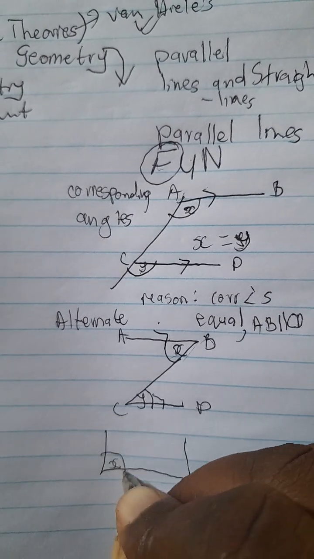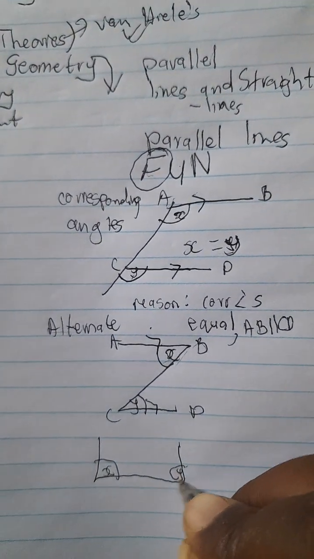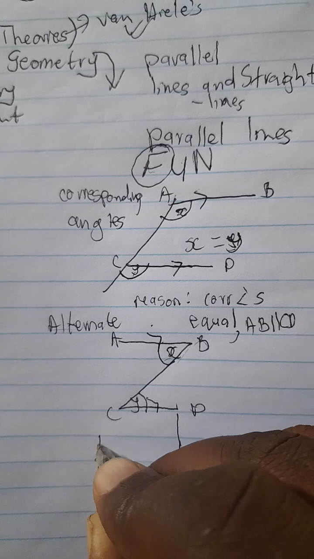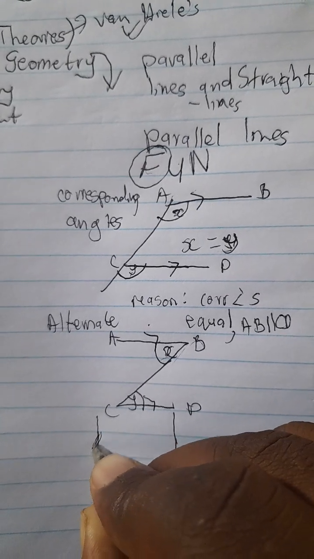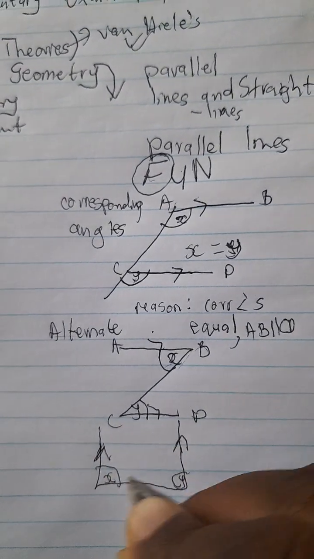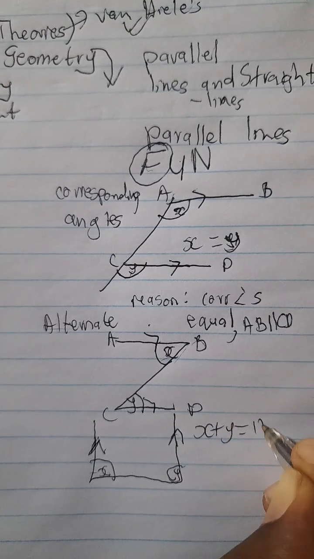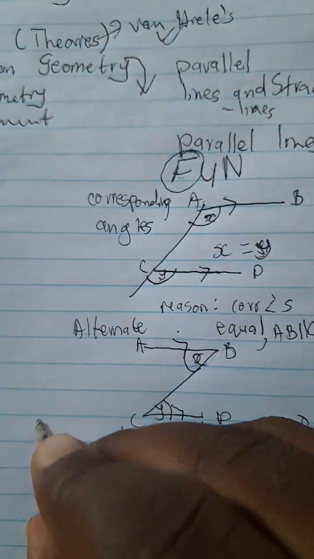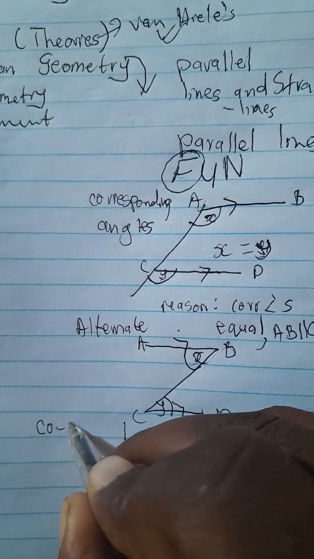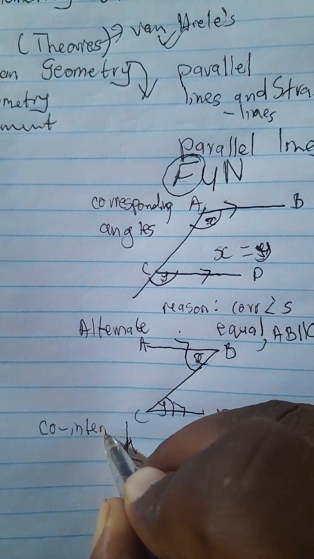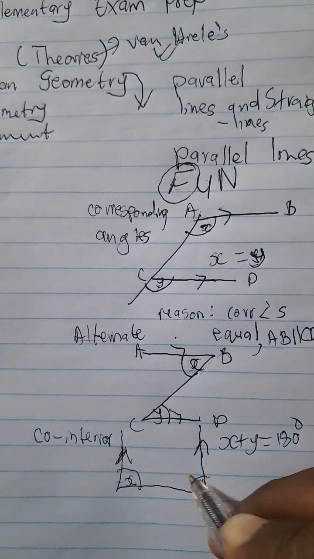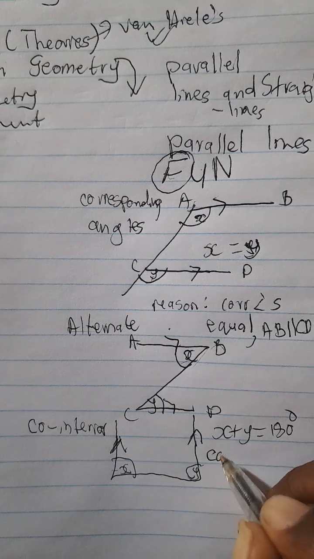Probably you see X here, Y. Then probably we have parallel lines. Then X plus Y will be equal to 180. So we call that co-interior angles, right? These are co-interior angles. So co-interior angles, the reason always here be